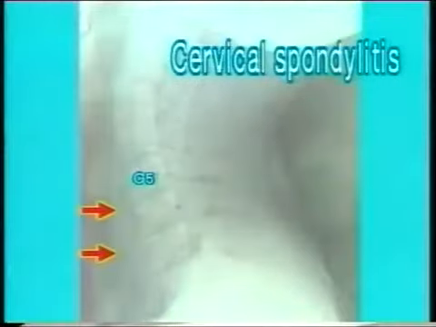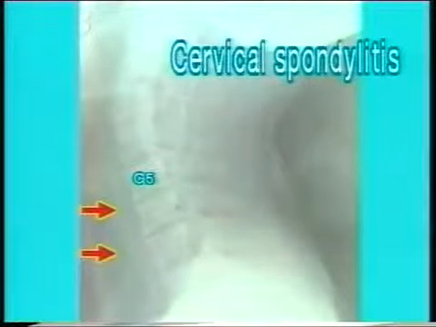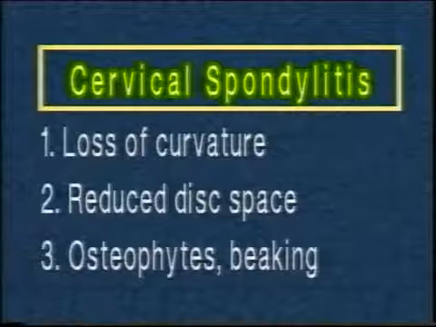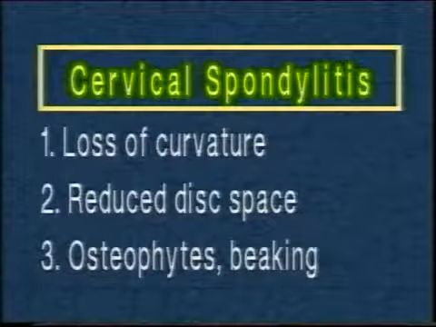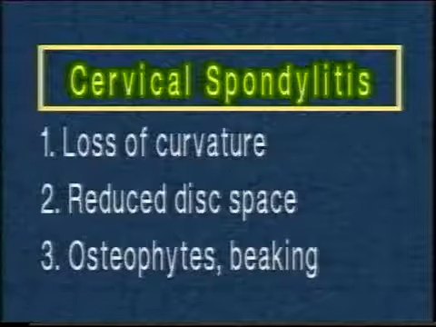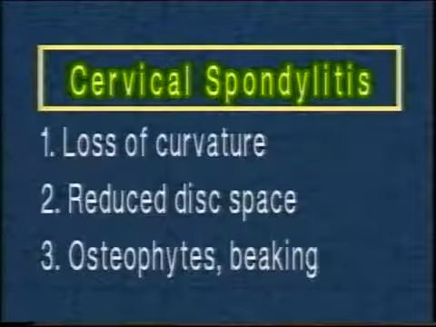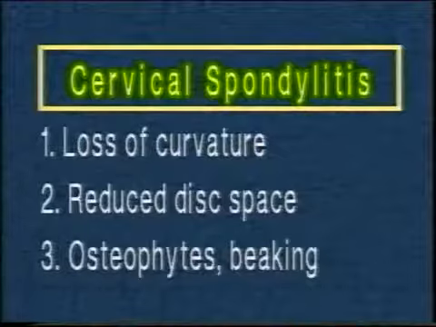This is cervical spondylitis affecting two spaces, the space between the fifth and the sixth and the seventh cervical vertebrae is reduced. There are small osteophytes arising from all the three vertebrae and convex anterior curvature is reduced. The cervical column is straight in the affected area. This is cervical spondylitis. So the radiological features of cervical spondylitis are straightening of the forward convexity of the cervical vertebral column, reduction in the disc space, and osteophyte formation at the vertebral body margins.